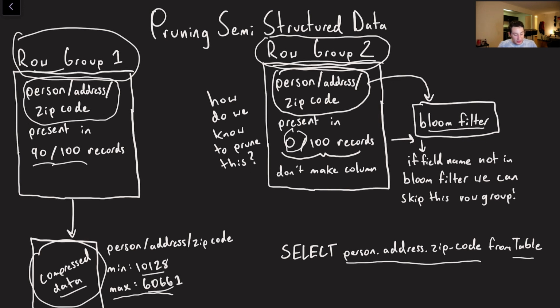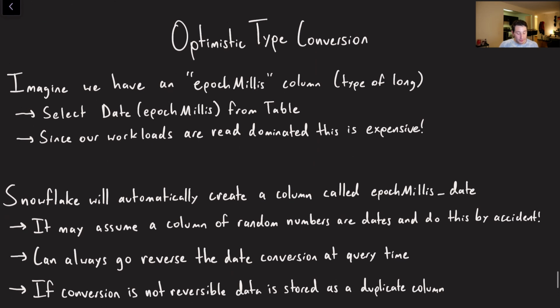What Snowflake does is it actually creates a Bloom filter. And what it'll put in this Bloom filter is the path name of the field, person/address/zip code. If it was present, they would put it in the Bloom filter. Because it's not present, it's not in the Bloom filter. So if we're lucky, we're going to read our Bloom filter, and the Bloom filter is going to say, actually, I've never seen person/address/zip code. That means we don't have this record present anywhere within the field, and as a result, we can go ahead and skip it. Now, of course, Bloom filters are not deterministic, right? It'll deterministically tell us when a certain field path is not in a row group, but it might also erroneously tell us that a certain field path is in a row group when in reality it isn't there. They're probabilistic data structures.